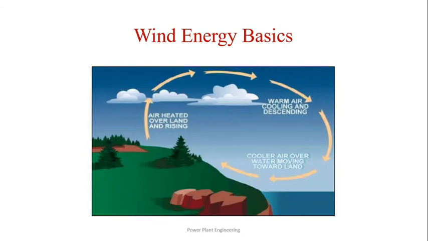Wind is moving air and is caused by differences in air pressure within our atmosphere. As the sun strikes the earth, it heats the soil near the surface. In turn, the soil warms the air lying above it. Warm air is less dense than cool air, and like a hot air balloon, it rises. Cool air flows in to take its place and becomes heated. The rising warm air eventually cools and falls back to the earth, completing the convection cycle.